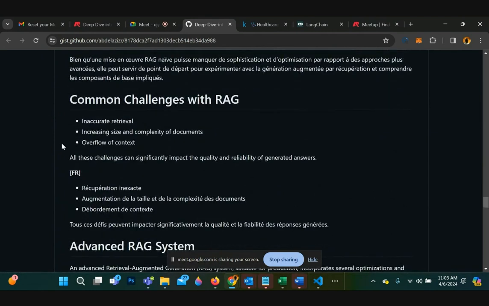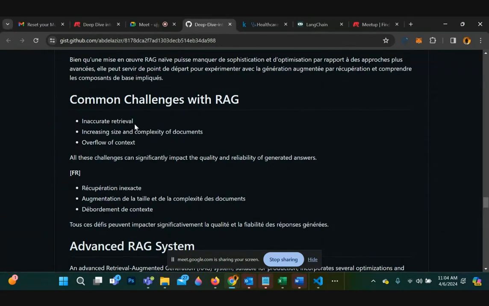So some of the challenges with the Naïve RAG is inaccurate retrieval, right? The retrieval may be inaccurate because the RAG setup is not optimized. So you see inaccuracies in your retrieval.